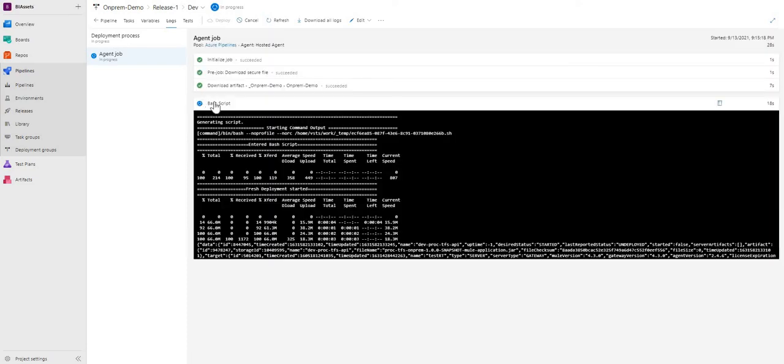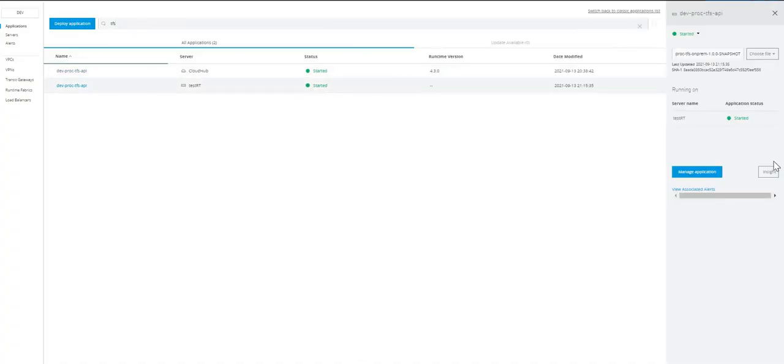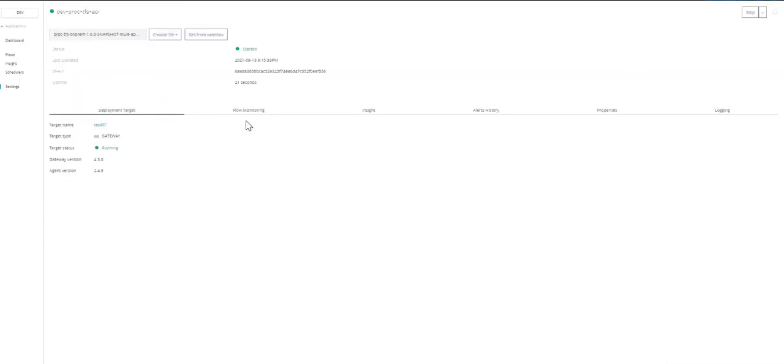Okay, so you can see that the bash script has completed successfully. This is the description of it. You can see here that it is started successfully. So go to manage properties.